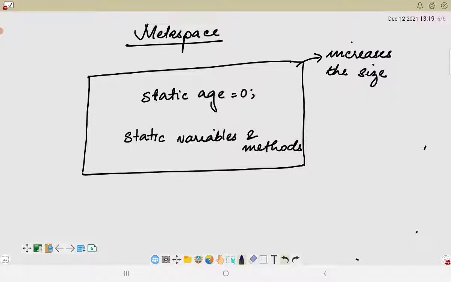So all the static variables and methods will be inside this permanent generation. Metaspace came after JDK 1.8. Before JDK 1.8 it was known as the permanent space, and metaspace has an additional advantage over it because it can resize dynamically and expand at runtime. So it is basically unbounded in nature.